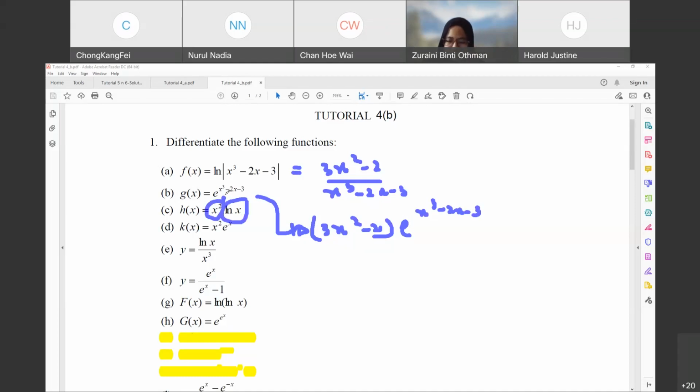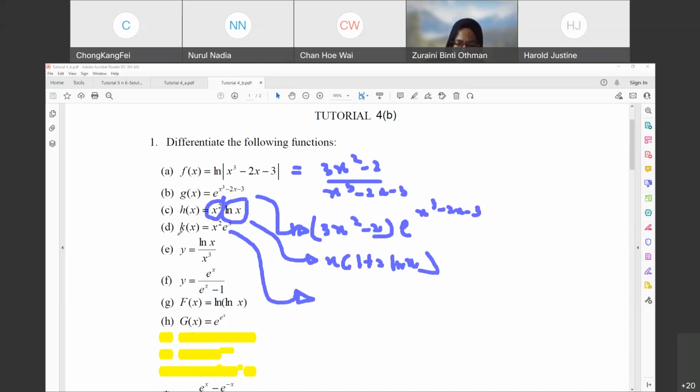Okey, bila kita guna product rule dekat situ, nanti jawapan akhirnya ialah, saya bagi jawapan akhir je lepas ni, sila jawab campur 2 ln x. And for this is also product rule also, which is the final answer for this